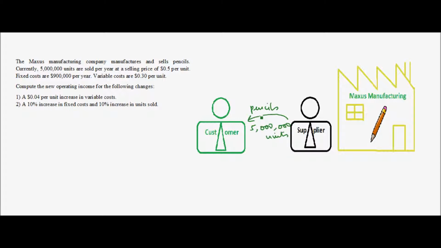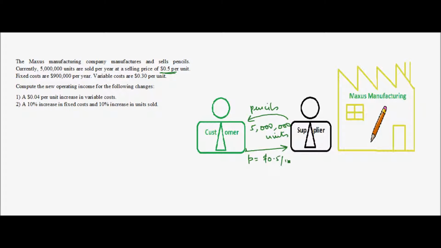And in return, the customers are paying back an amount of $0.5 per unit to Maxus Manufacturing. Or in other terms, the selling price is $0.5 per unit. So selling price is represented as small p is equal to